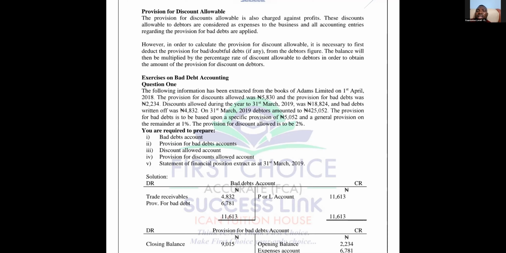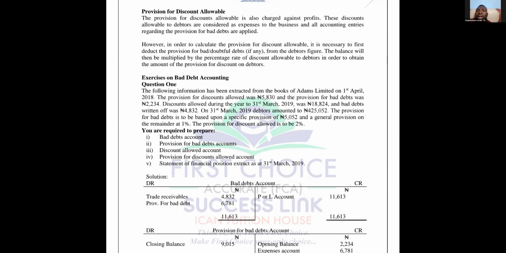The provision for discount allowed was 5,830, and the provision for bad debt was 2,234. Discount allowed during the year to 31st March 2019 was